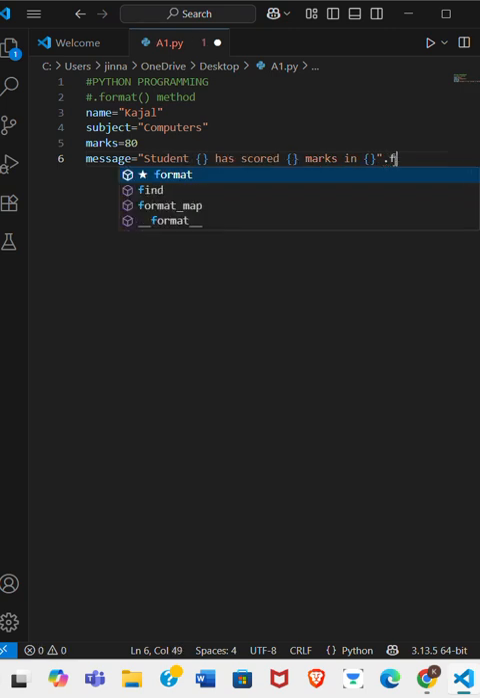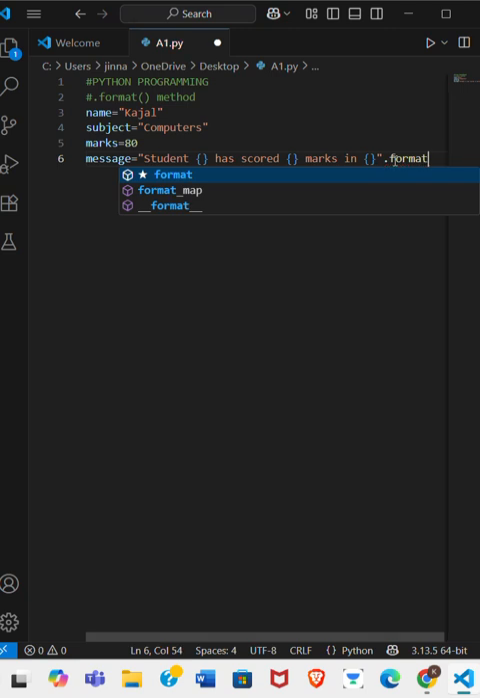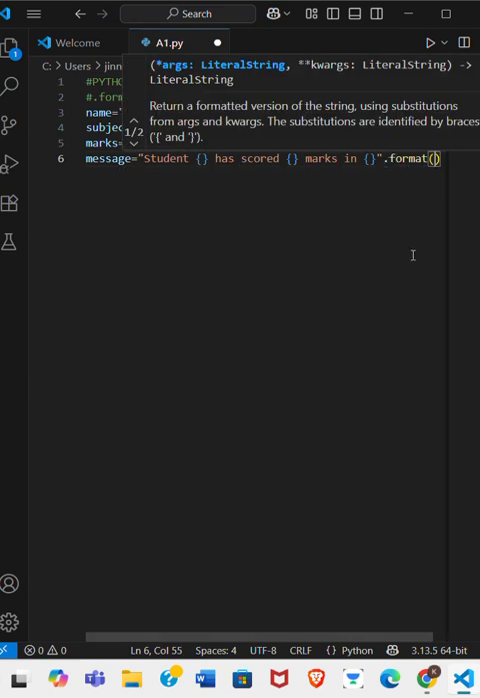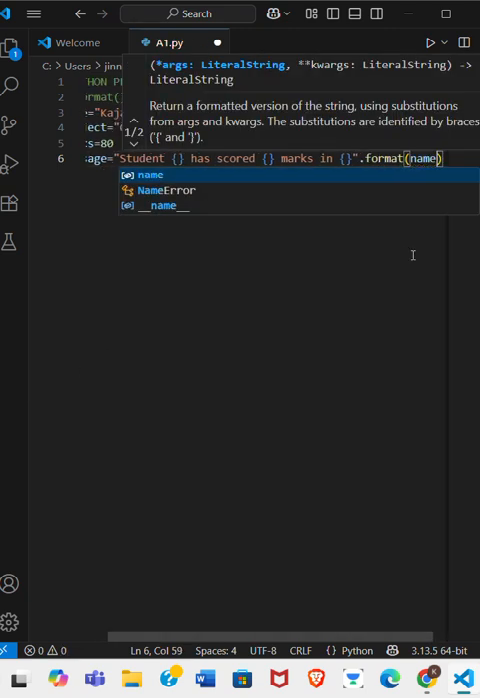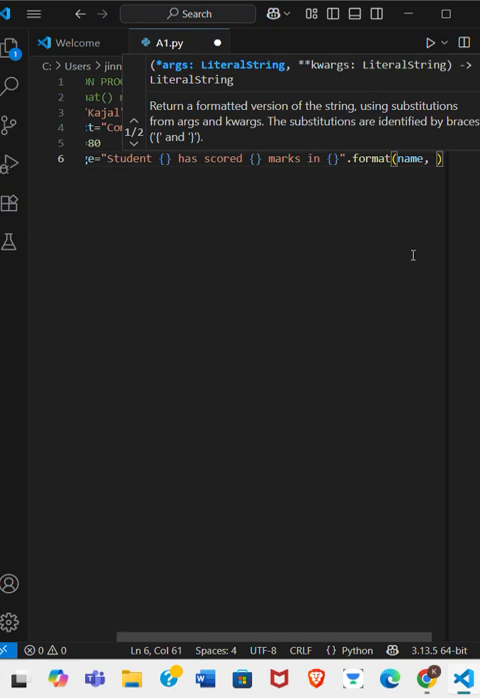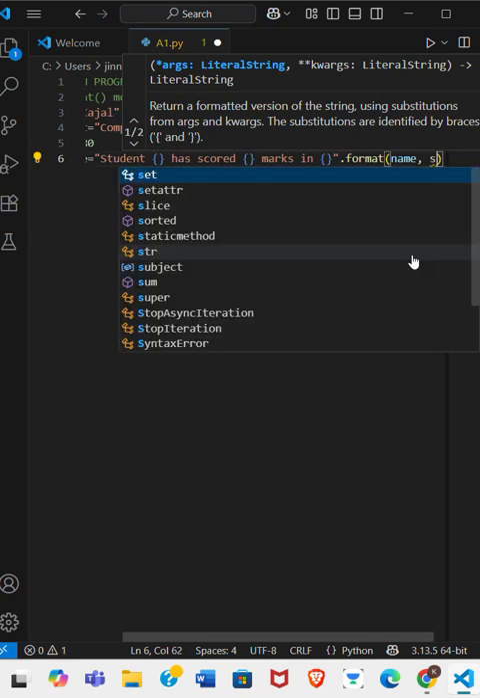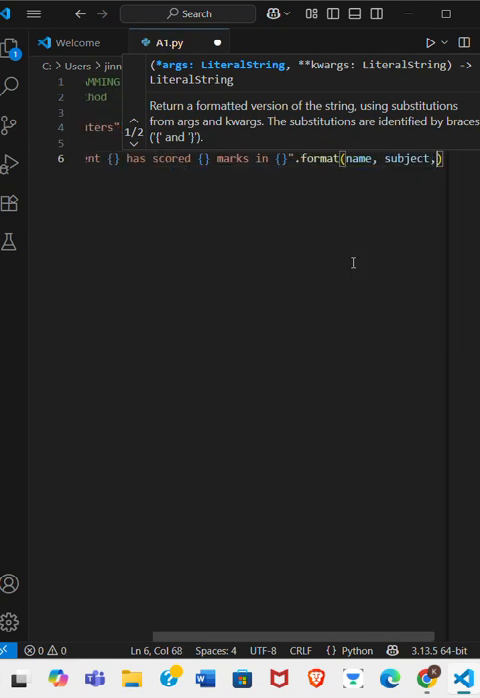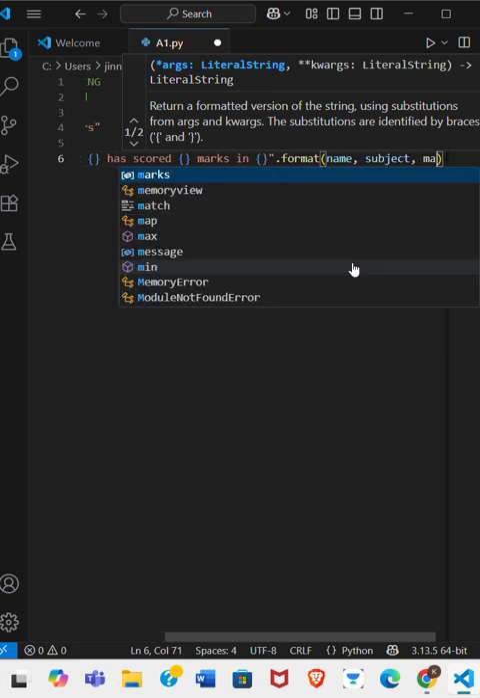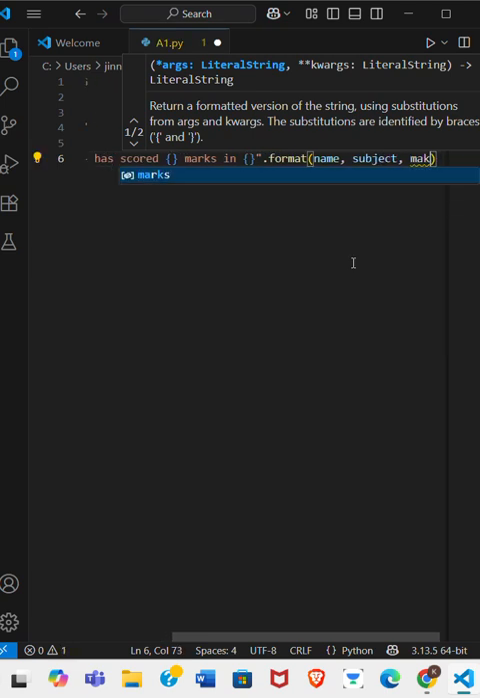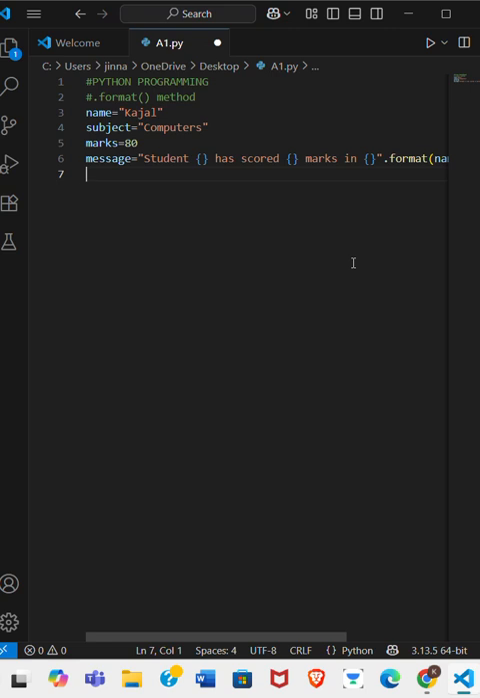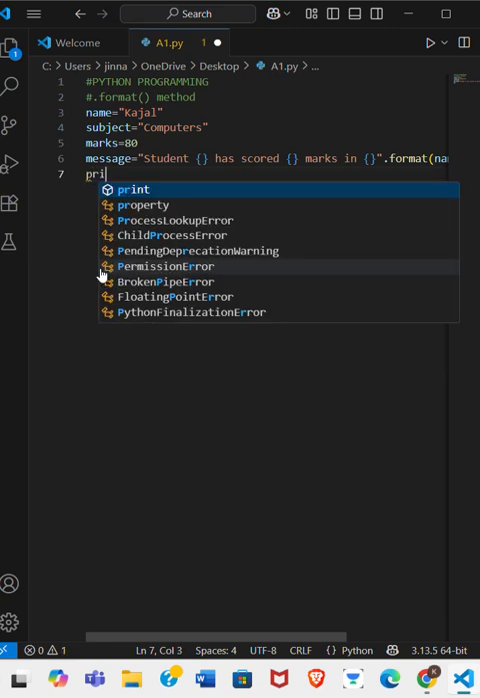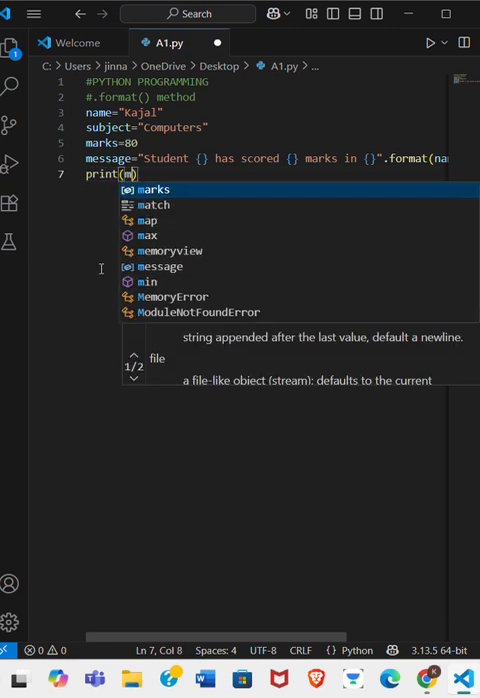And let's just try to use the dot format method, and let's just try to pass the name. Else we have the subject. Else we have the marks, right? So if I'm just going to print out simply my message,